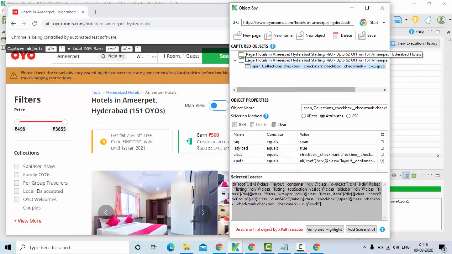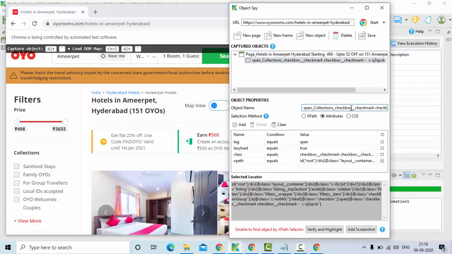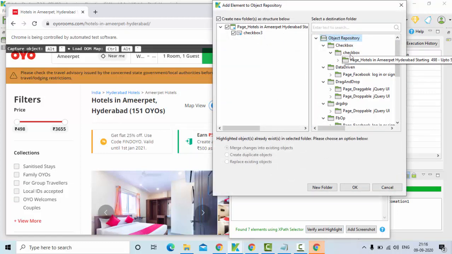Here, okay, cool. Don't need this. Checkbox 3, something like that will take. Select the XPath. Okay, there were a couple of elements, all the elements are identifying, right? Not a big deal. We are going to change that.